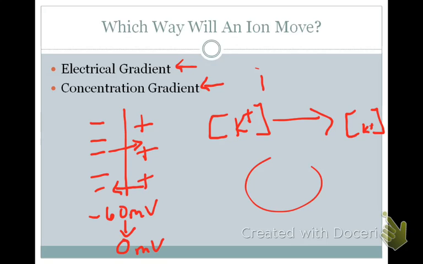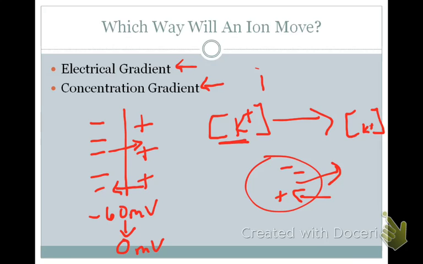It wants to move from our cell outside based on its concentration gradient, but it wants to stay inside based on its electrical gradient, right? It's negative inside, potassium's positive. It wants to stay there to make it 0, but there's lots of potassium inside, so it wants to move out. Figuring out which gradient will win out, or how you balance them, can be determined using the Nernst potential,